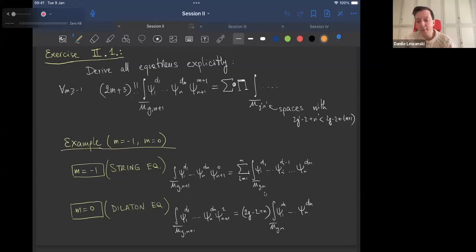Now, since you're integrating over M_{g,n} bar, you want the sum of the psi classes to match the dimension again. But now the dimension is 1 smaller. So you need to decrease these in some way. But you cannot decrease it in a non-symmetric way, because it wouldn't make sense to prefer some psi classes over others. So now you're decreasing one of the indices by 1, and you're summing over all possible ways of doing that,